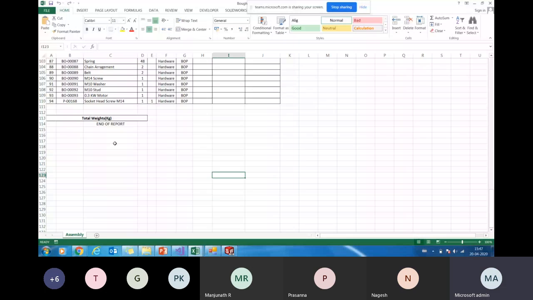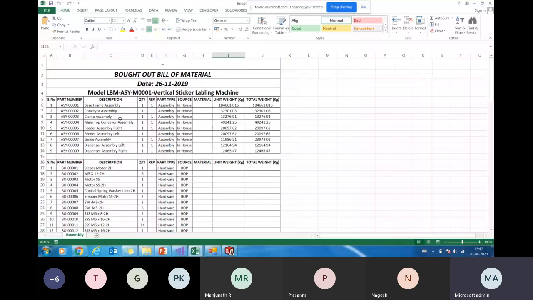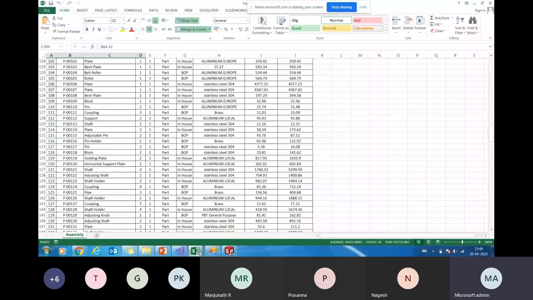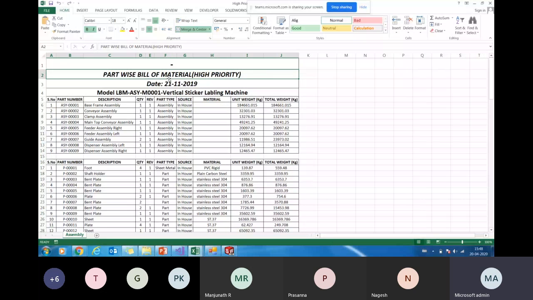We have been talking about this priority list, right? Now I'm making a machine again and I need to prioritize. This is my high priority. This list can go along with my main bill of material or my drawings. I'm giving my set of drawings and telling the production team this is my high priority, this is my medium priority, and this is my low priority. So now production can plan this. This has to be taken first, this has to be taken next, and this has to be taken last.